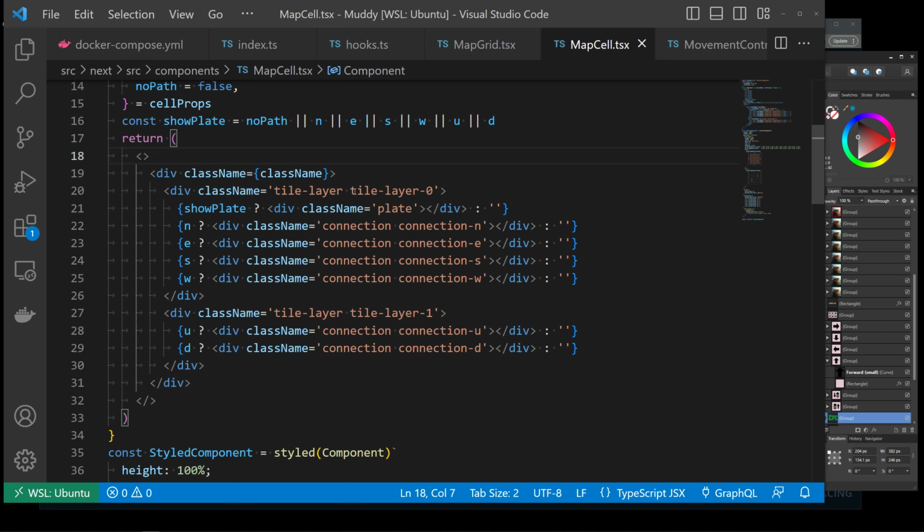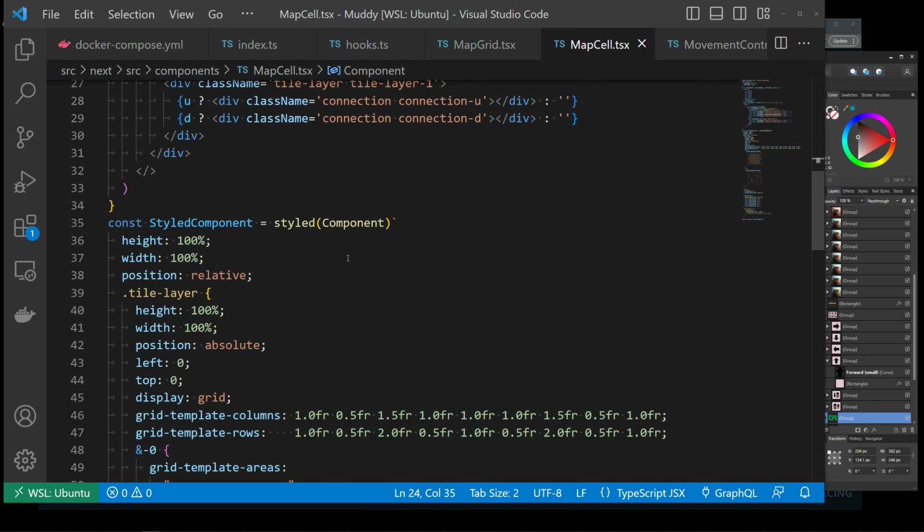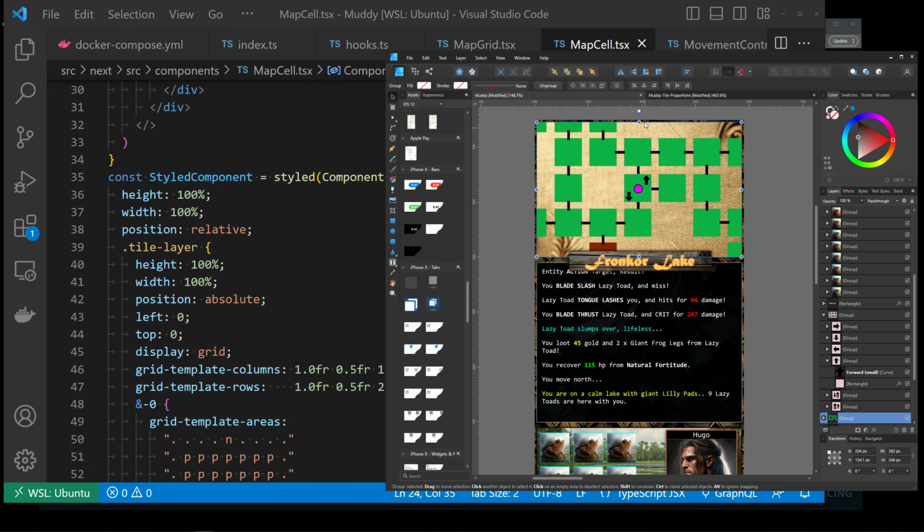Here I have two layers. They have the same map grid layout, which is done using CSS3 grid. I forget what it's called sometimes. The tile layer 0 contains the plate and the 4 connections, and then there's another layer for the up and down connections, which I'm marking as the upper right and lower left. And just to show you how I planned that out,